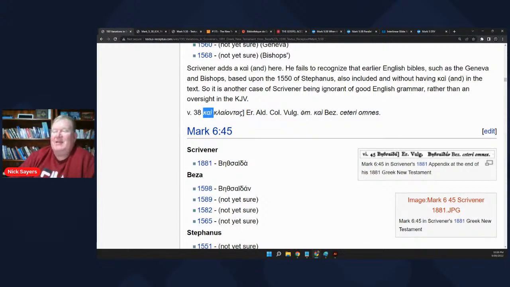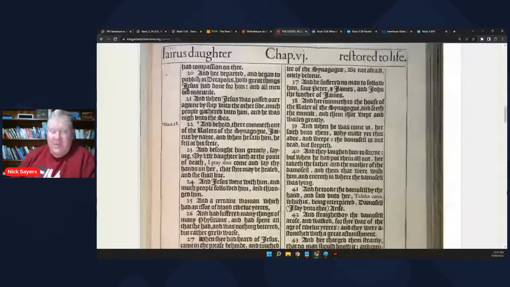wept and wailed greatly. Now notice I don't have the "and" in italic here, because the "and" is needed in the sentence. Let's read it without the "and," okay? And he cometh to the house of the ruler of the synagogue, and seeth the tumult, them that wept and wailed greatly. It's very jolty. It doesn't make much sense. But if you have "and them that wept and wailed greatly," that makes perfect sense, and it completes the end